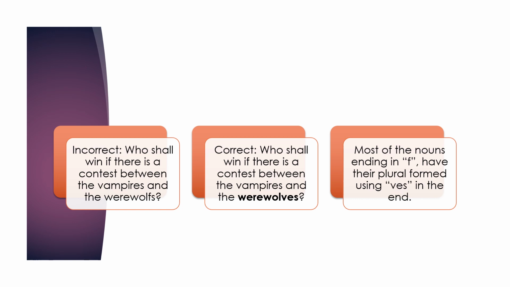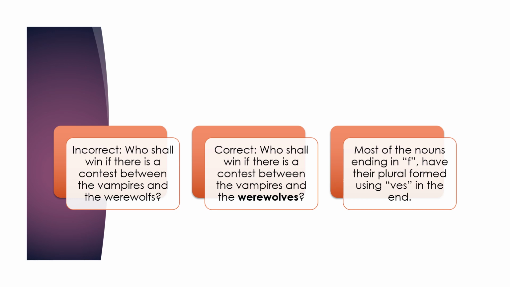Who shall win if there is a contest between the vampires and the werewolves? Now, not necessarily that always the errors will be based on verb or based on any part of speech. You always could have errors in the sentence, as we did the first sentence, which was Bihar and Patna, which were proper nouns, were not written properly. So you could have those kind of errors in the sentence as well, though that is from nouns. Because it was a proper noun, it always starts with a capital letter.